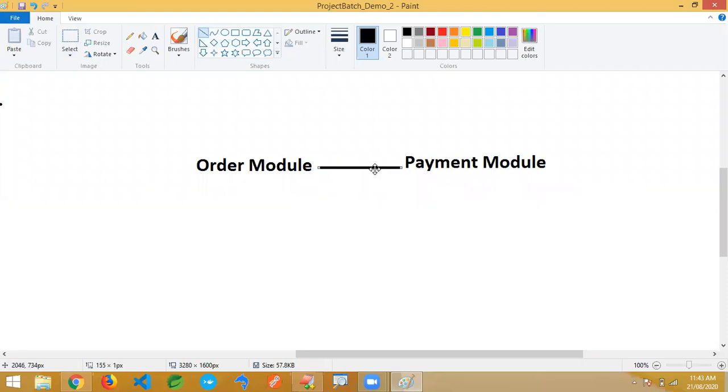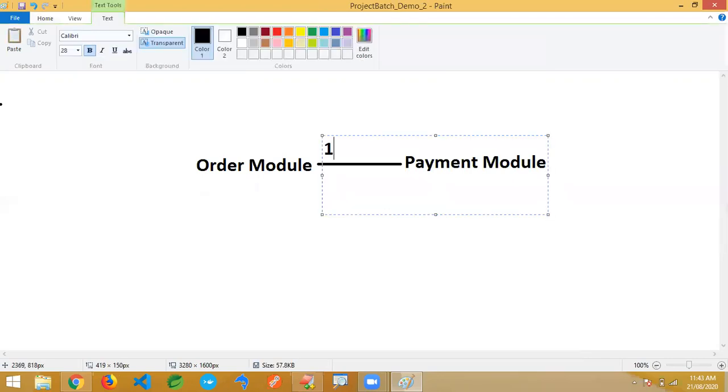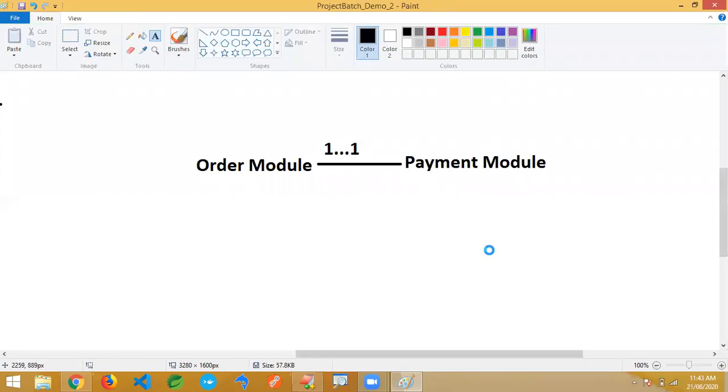Okay, like this here. Generally, if you place an order, one payment information will be there. For example, take something like Big Basket or Amazon, where you have placed one order. Every order contains payment information, such as cash on delivery, net banking, credit card, or debit card. Generally, one order module contains one payment module information.